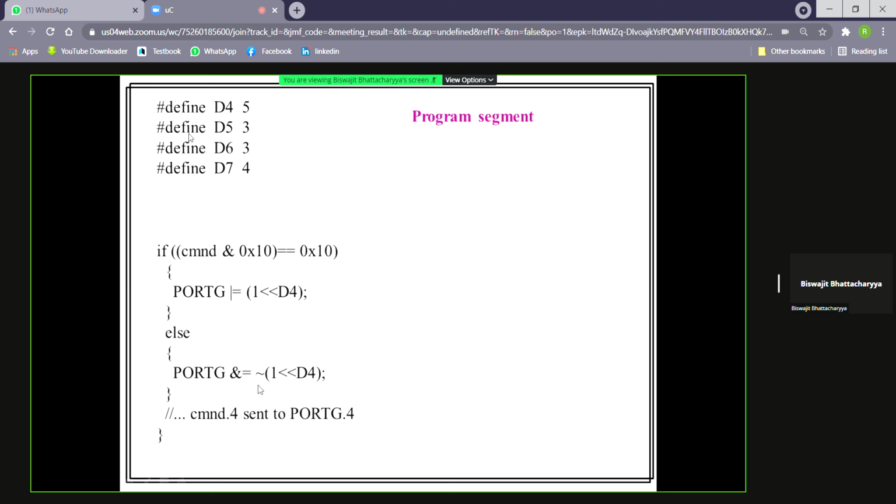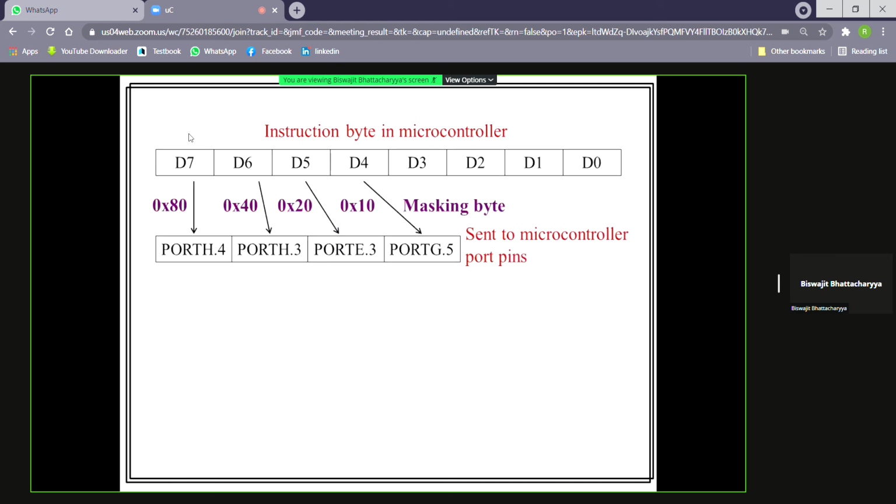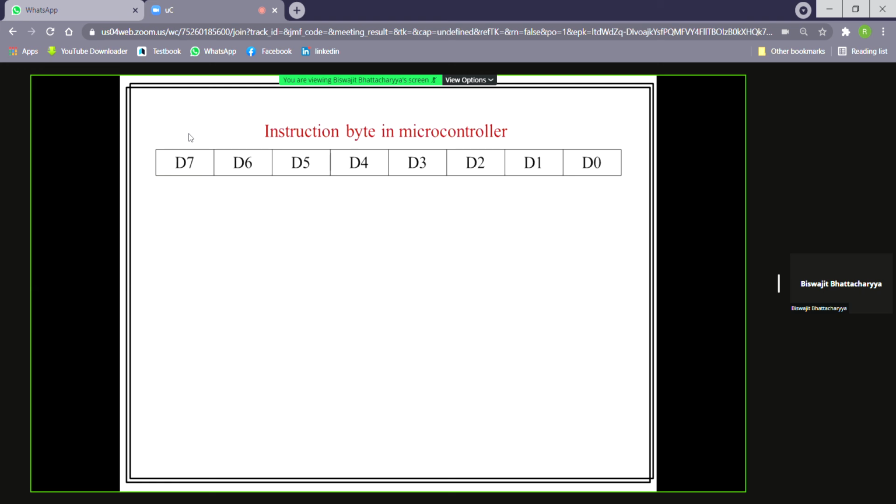Sorry, there is a mistake. Just 1 minute. See the pin mapping.